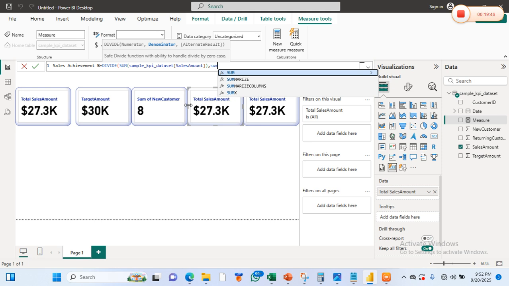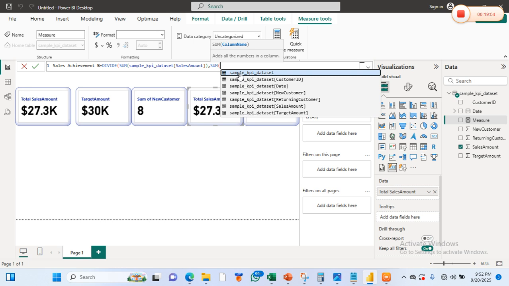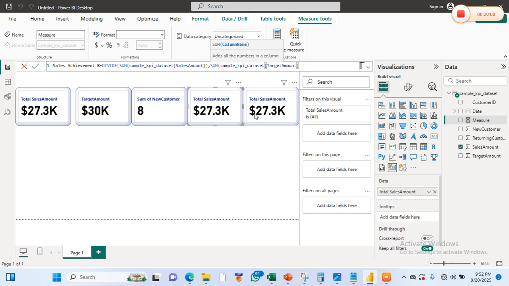So we are dividing the sales amount by the target amount because we want to know our run rate in sales. So target amount, we click on our target amount, right? We close parenthesis, comma, add 0, right? And close parenthesis.